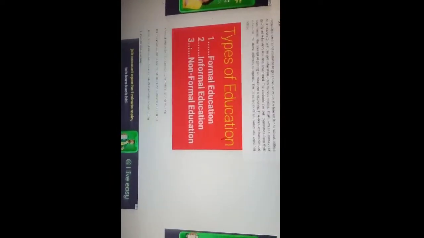सबसे पहले हम एजुकेशन की तारीफ जानेंगे, उसके क्या मतलब है। What is education? The process of facilitating learning and acquiring knowledge or skills is called education. There are different methods to get education. Some essential methods to get education are teaching, training, studying and research. अब इसकी आती हैं 3 किस्में।